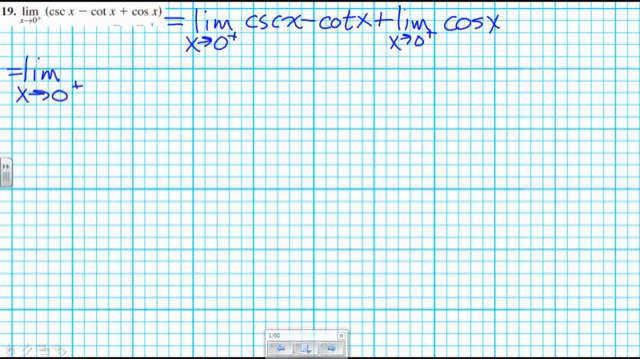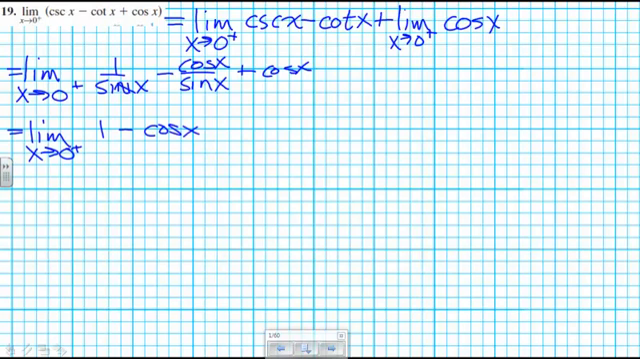I'm going to rewrite cosecant as its definition, 1 over sine of x. I'm going to write cotangent as its definition, which is cosine over sine of x. And I'll just put a plus cosine in there for good measure. And now, do you see what I'm going to do next? Common denominator. Let's attack it with the common denominator. So my common denominator is sine. So I get 1 minus cosine